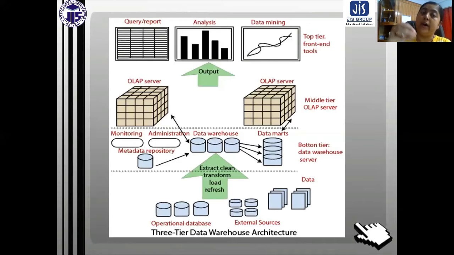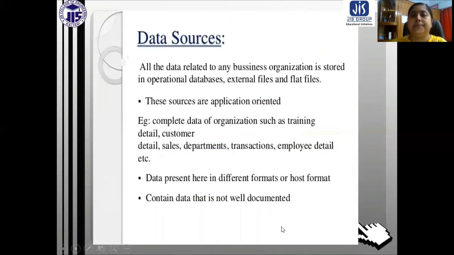Whatever comes in the output of the middle tier is represented in the top tier. In the top tier it may be some application the user is going to access, but those are actually the front end tools. So these are the three tiers of data warehouse architecture.